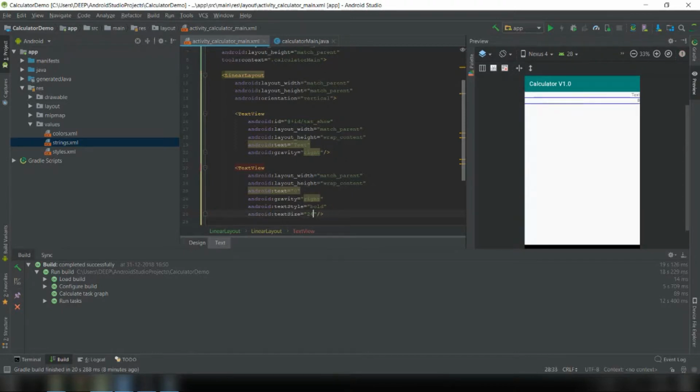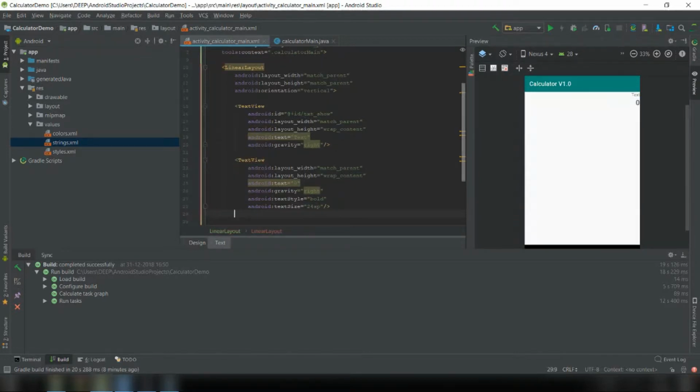Now there are different types of assigning this value. So there is pixels, points, DP and SP. We need to assign SP,